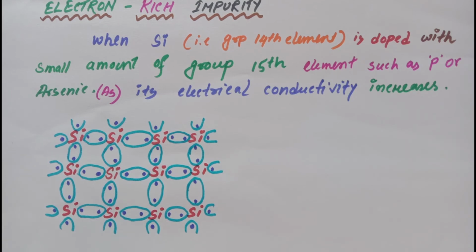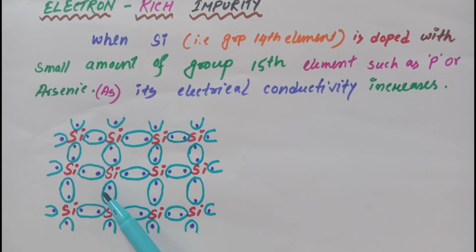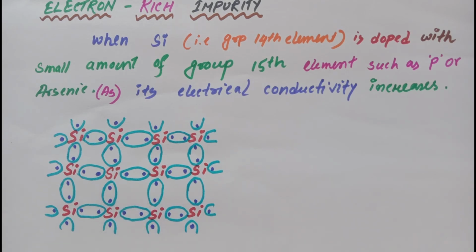In pure silicon, each silicon atom uses its 4 valence electrons for the formation of 4 covalent bonds. These are the 4 covalent bonds for each silicon atom, formed between neighboring silicon atoms. This is an intrinsic semiconductor, and its conductivity is very low. So to increase the conductivity,